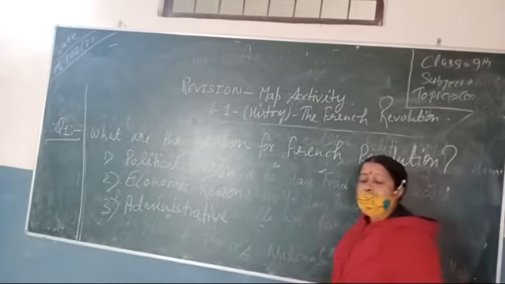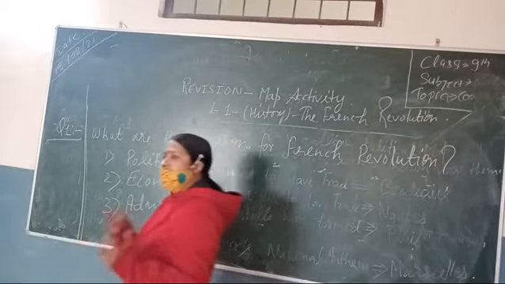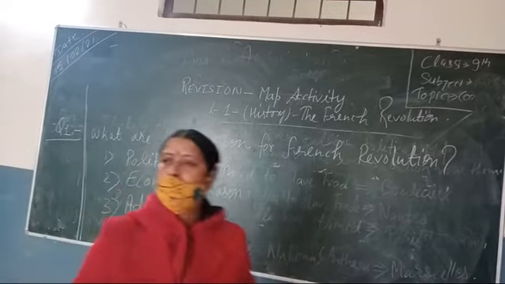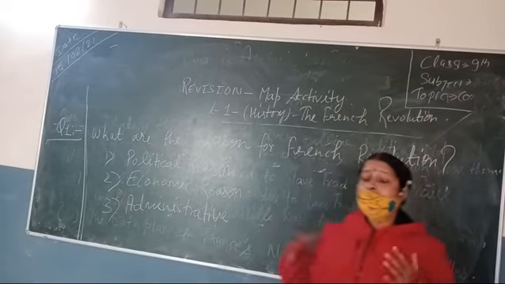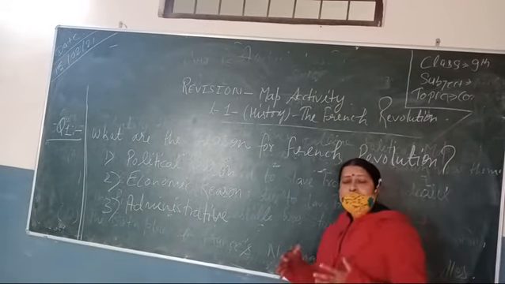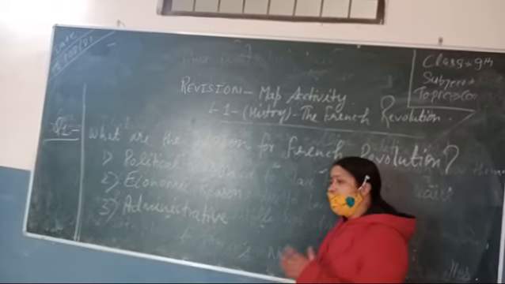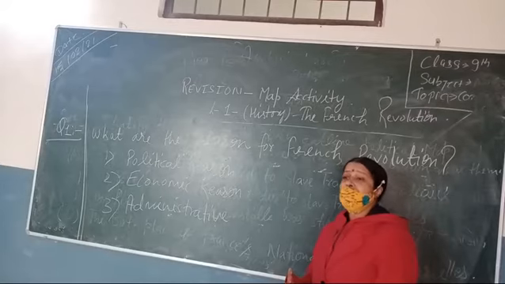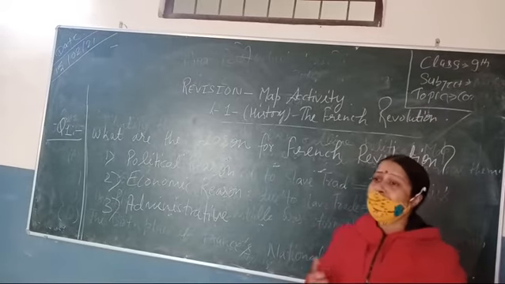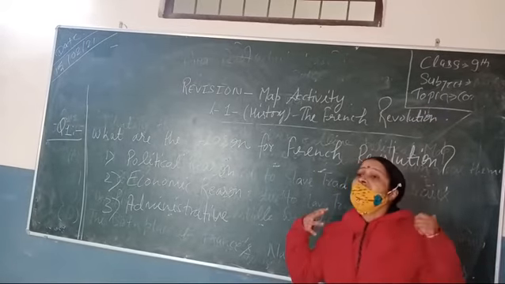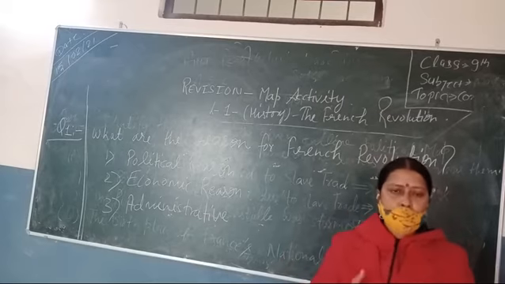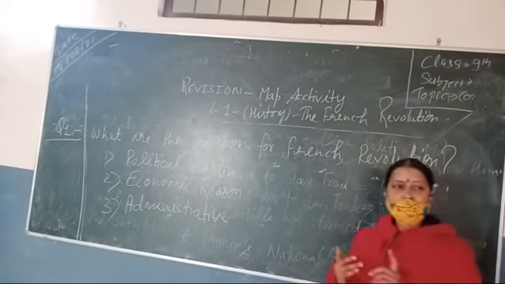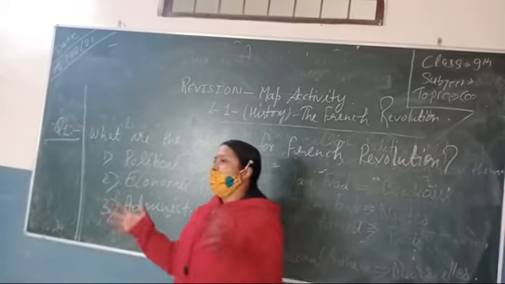Second, the economic reason. When we say economic, it is again money. We know how important money is. So now again you have to give the economic background and the situation of the third estate people. This is the only section that was the hero of the French Revolution, that took part in it. This section was so much exploited mentally, physically, economically, politically, administratively, that they came together